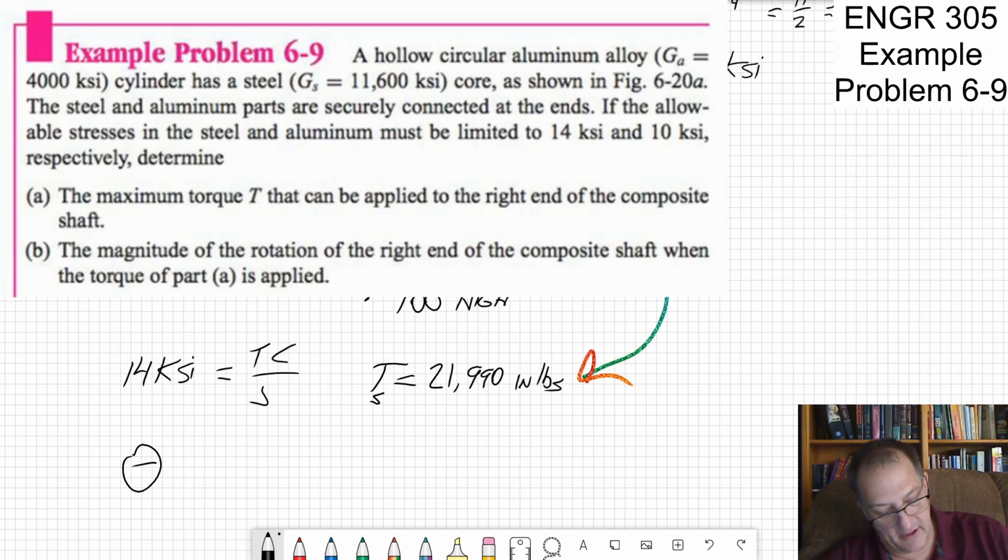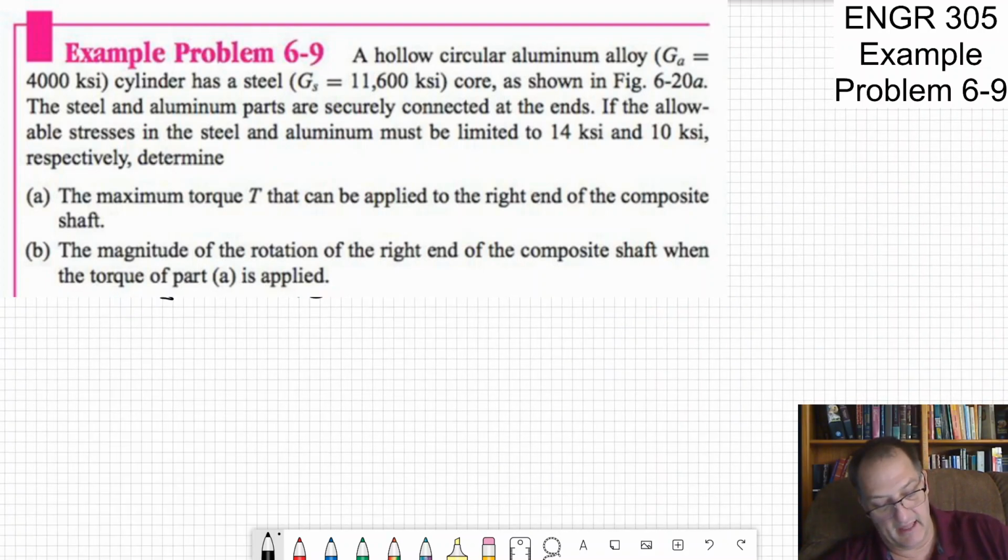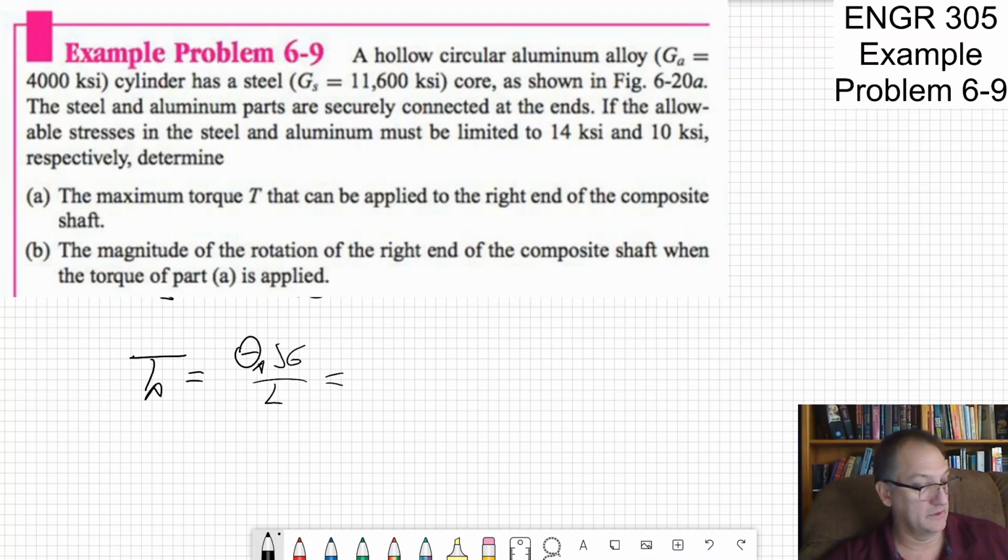And so then I get the deflection in the steel, which is equal to the deflection in the aluminum, is equal to TL over JG, which is equal to 0.0724 radians. Then I take that and say theta in the aluminum, actually, that's not the way around. I need to find the torque in the aluminum, which is equal to theta in the aluminum times JG over L, which is equal to